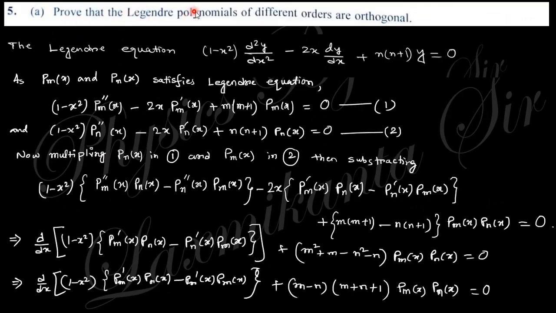Next question, prove that the Legendre polynomials of different order are orthogonal. That is, if the orders are different, then they are orthogonal. Orthogonal means their dot product will be 0. So, this is the Legendre polynomial. If you take Pm(x) and Pn(x), both satisfy the Legendre equation. Now, multiplying Pn(x) with equation number 1 and Pm(x) with equation number 2, and then subtracting,